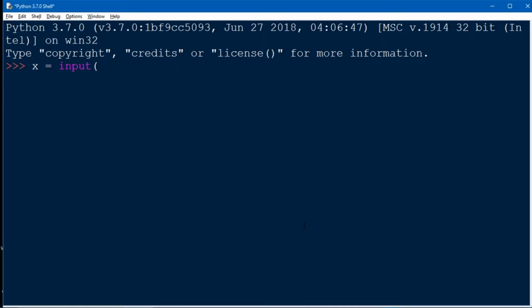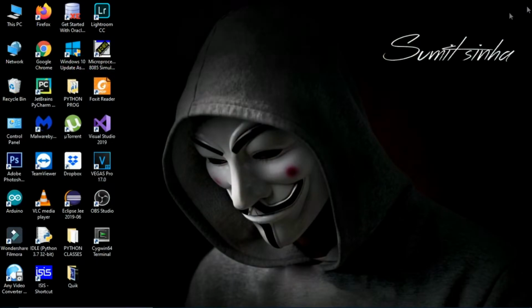We write one statement, and when we press enter, it just executes our program in the next line. See, we get our result, and for printing a value or getting a value, we just write it and press enter, and it will show me the output. Now when we close the window of the Python shell, our whole program vanishes. There is no backup file saved for the program that we have written earlier.